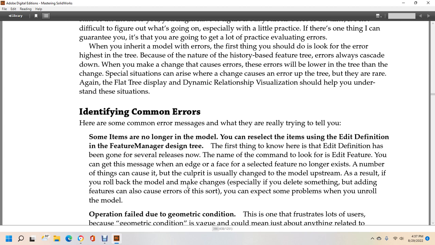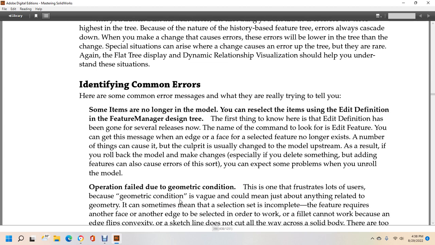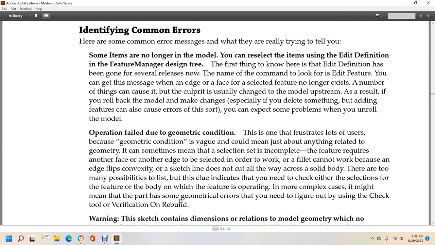Adding the features can also cause errors of the sort. You can expect some problems when you unroll the model. Operation failed due to geometric condition. This is one that frustrates lots of users because "geometric condition" is vague, but it could mean just anything related to